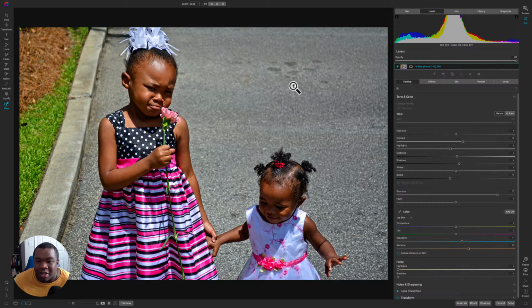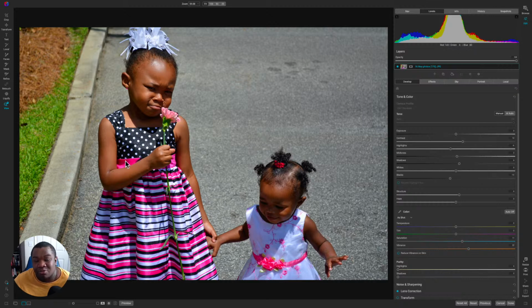And when you are editing globally, if the people are your subject and you want them to look good, or at least presentable, then you probably don't want to mess around with structure too much. You can get away with a little bit of it, but I tend to just leave structure alone